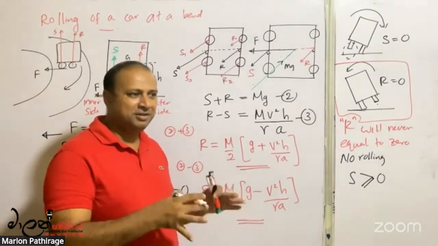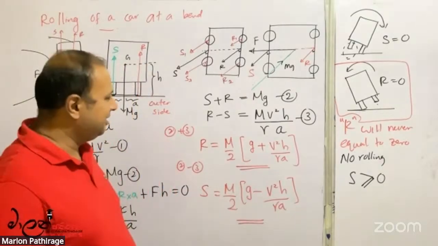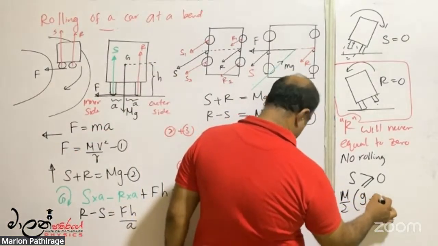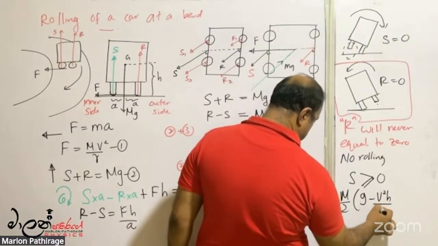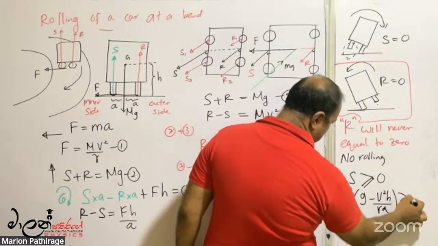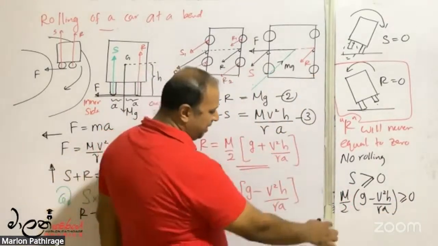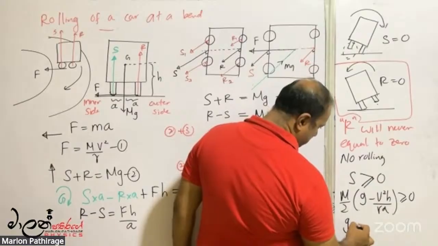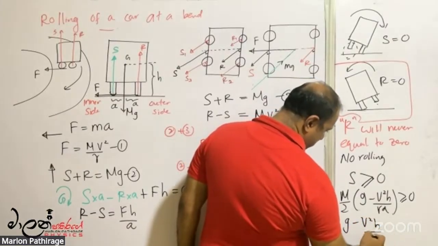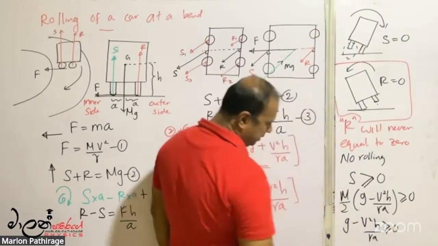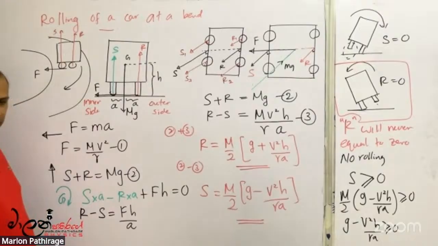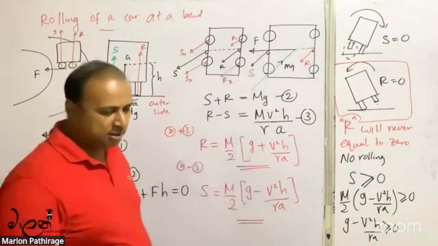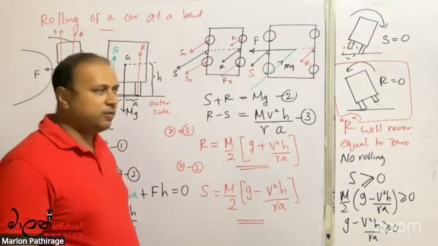So S is m over 2 times g minus v squared over h. Okay, so this part is anyway higher than 0. Therefore, this part will. So if you take this term to that side, and if you make v squared the subject,